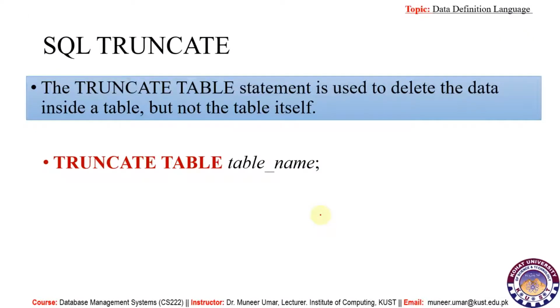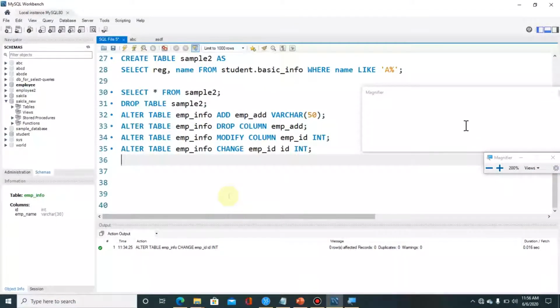Previously we used the DROP TABLE query to delete the entire table, and if we need to delete the entire data in a table, for that purpose we must use the TRUNCATE query. This is also a part of DDL. So if we have a table named table name and we need to delete the entire data in this table, for that purpose we must type TRUNCATE TABLE and the name of the table. We are going to delete the entire data in a database table,